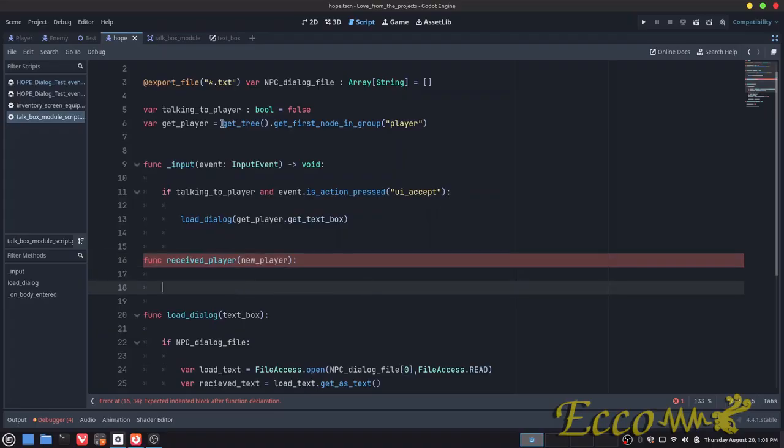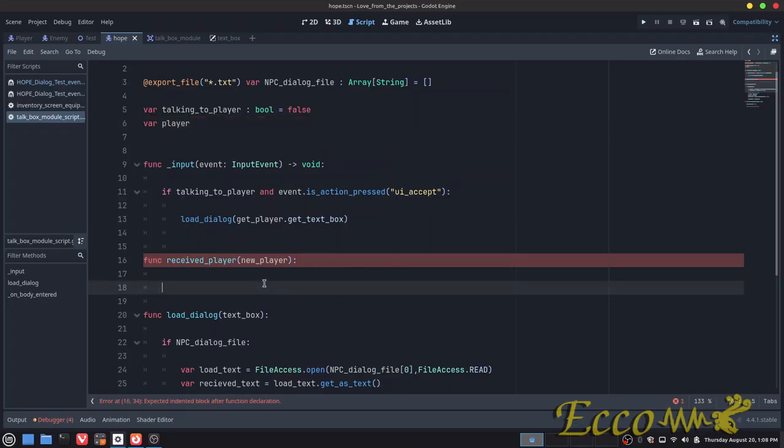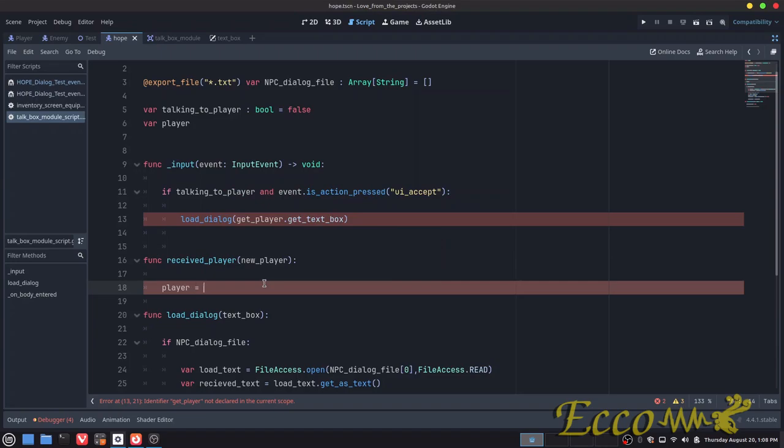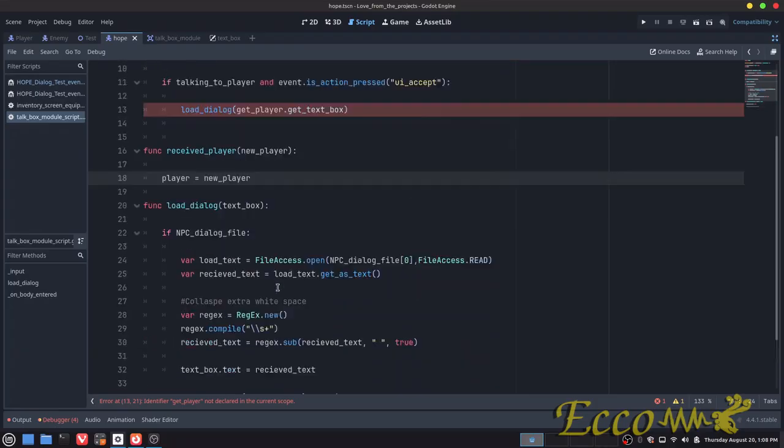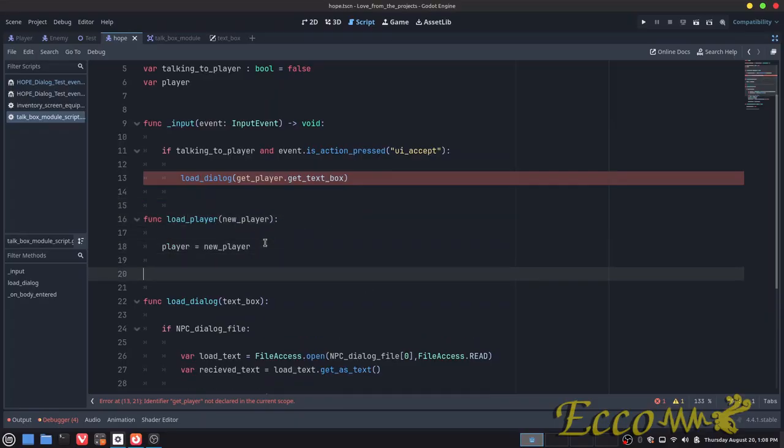Let's see this. So I'm gonna call this player. And let's say player is equal to new player. Okay. And then instead, I'm going to put this load player. And then function